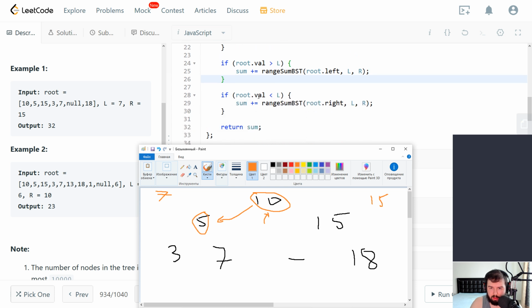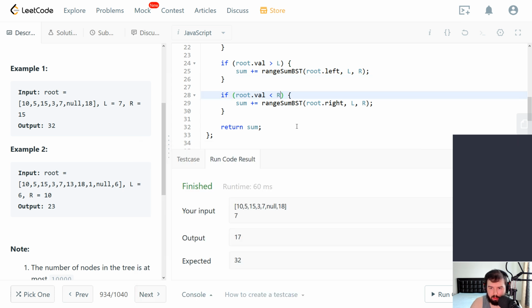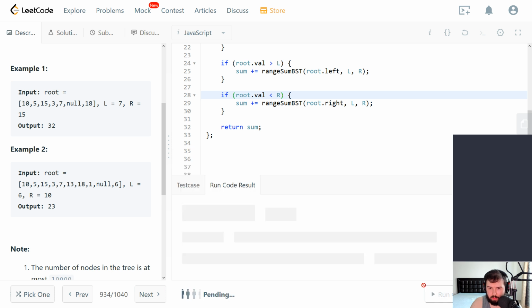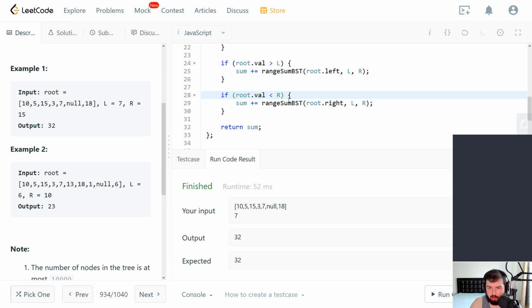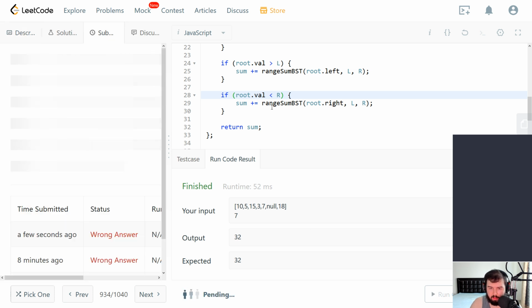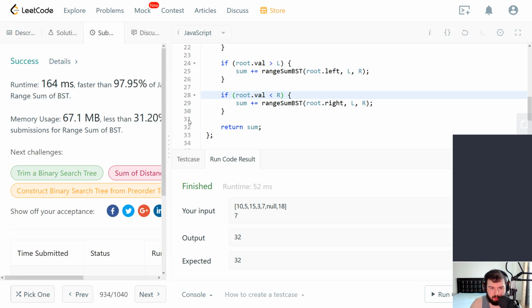Also, we check that our value is lower than right. Why did I write it like this? My God. Initially I had written it properly, but then for some reason I started comparing with something else. So